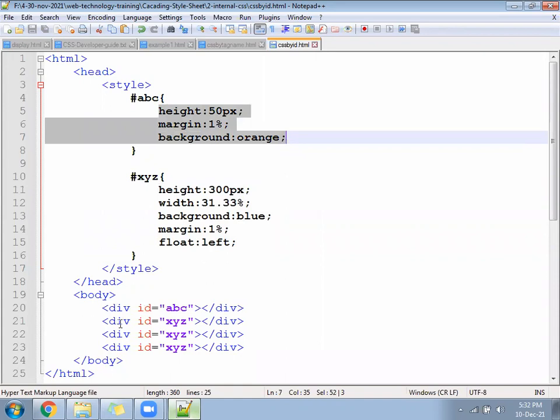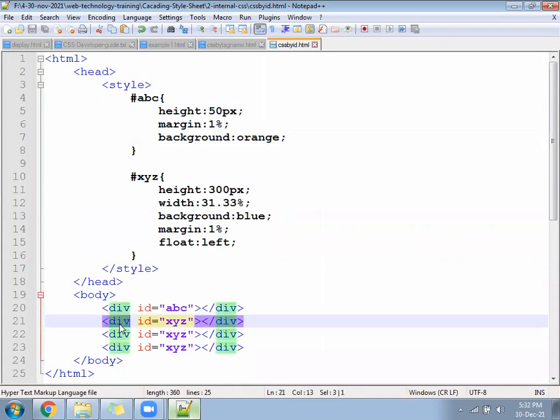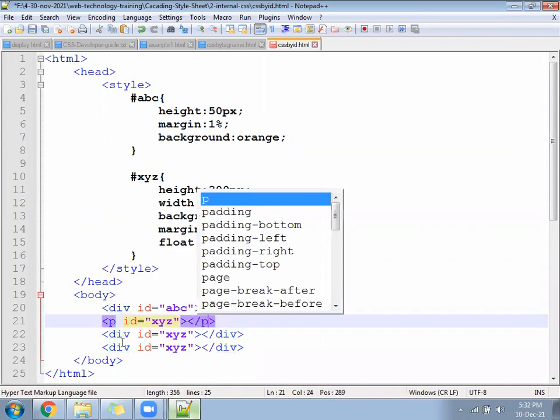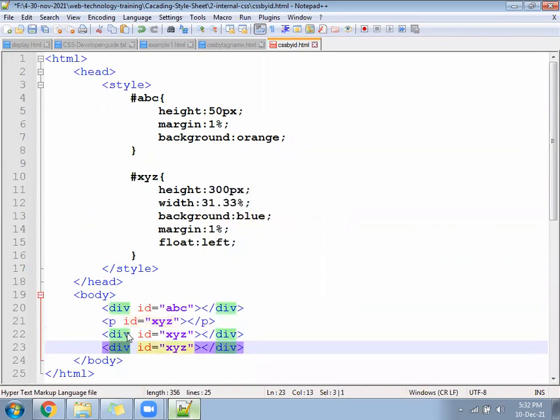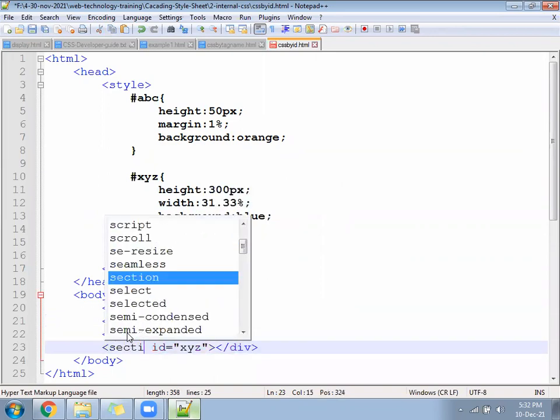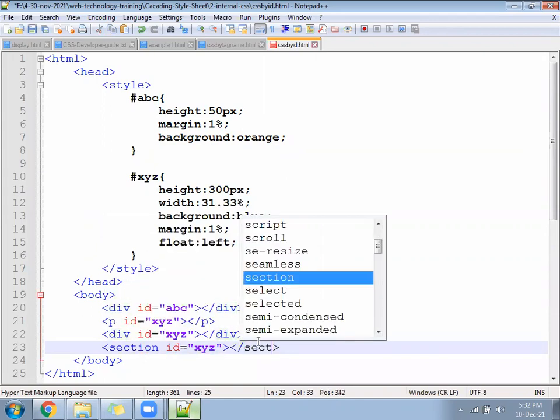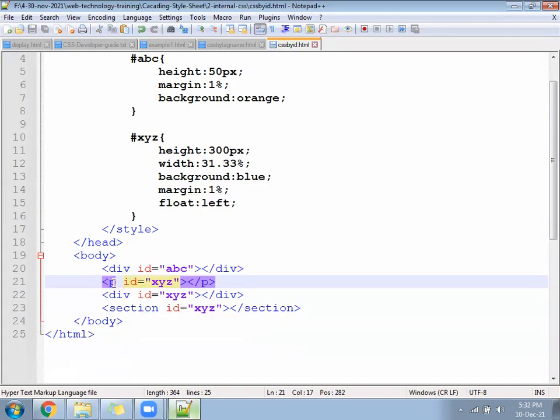So first one, second division, keep as a P tag. Check is it happening or not. Last division, convert into section tag. See, it is happening. It will work for all. P is no matter, division, section is no matter.